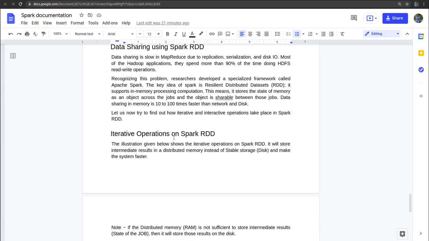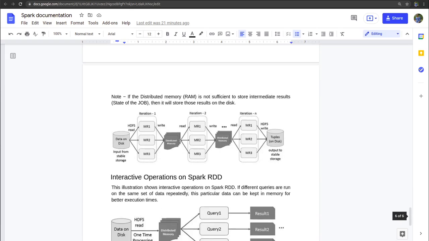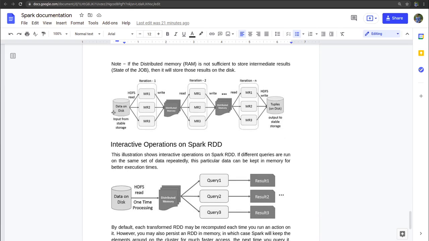And then we have iterative operations on Spark RDD. As I've told you earlier, in MapReduce it is getting data from disk, input from stable storage, and then this is an HDFS read. This is iteration 1, this is MapReduce 1, MapReduce 2, and MapReduce 3, and then we are writing it to distributed memory.